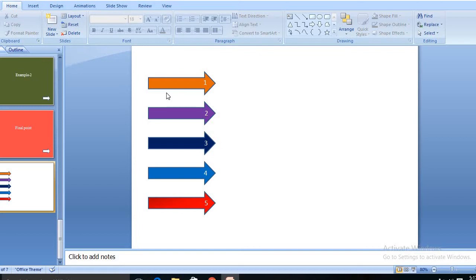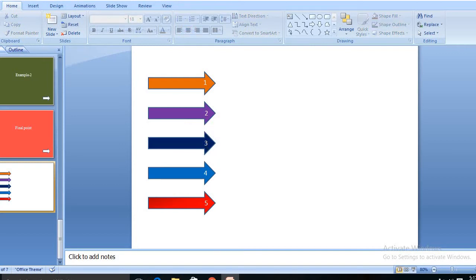After adding the colors to the shapes, select this one and shift and select this one, Control G, so that it will group. Same thing, select this one and the number, Control G, so that the shape and the number become one group.